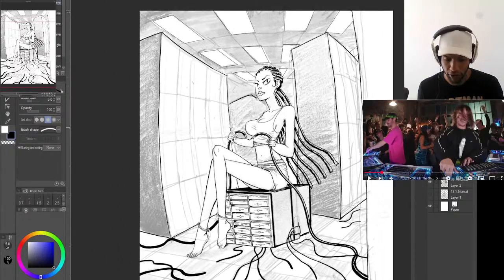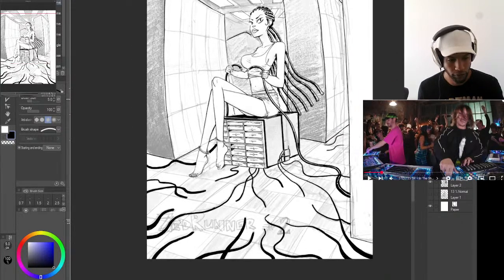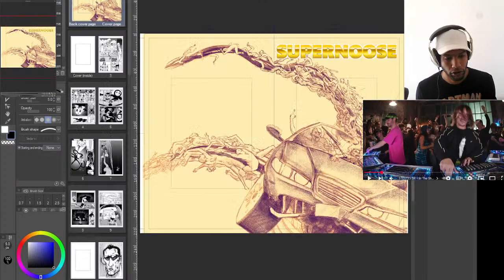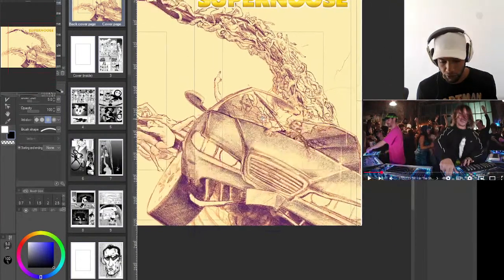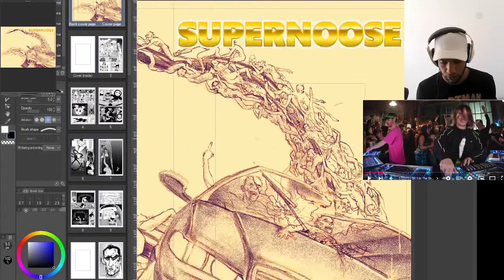Like this drawing right here that I'm working on, I did the figure inks and the whole sketch on my P12. I'll show you some other pieces I did on the P12. I did this cover sketch on the P12.